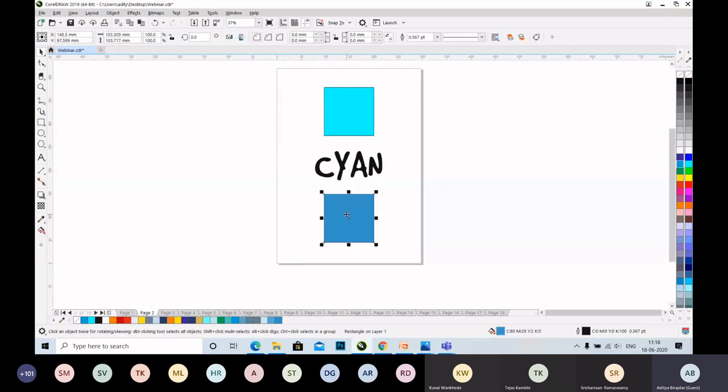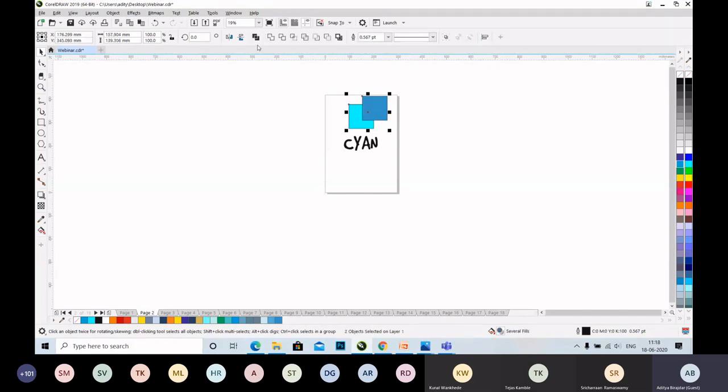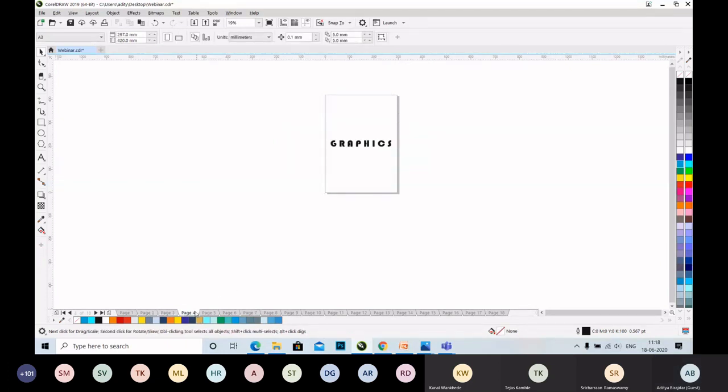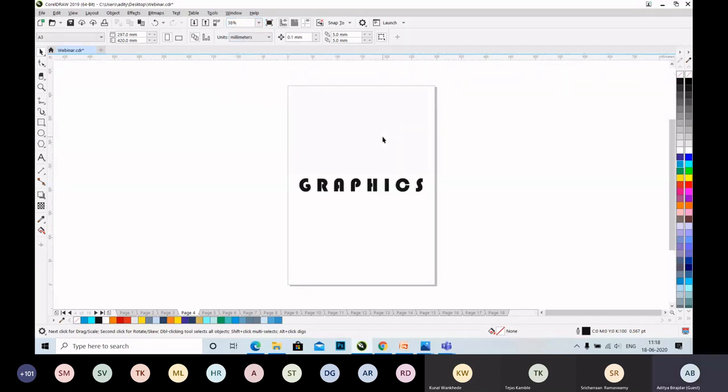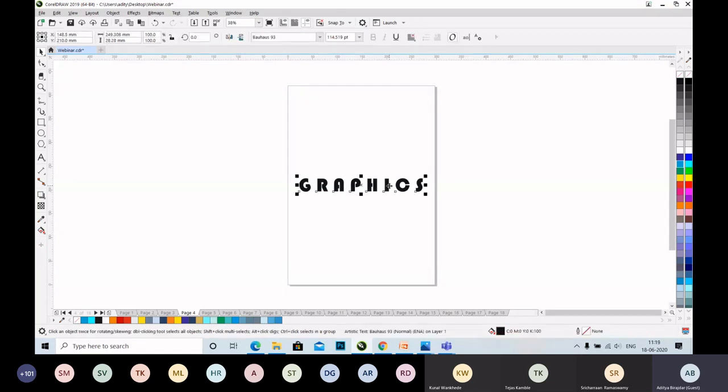Next, we will be learning combine tool. If we select two objects and place one over the other, then we can see one combine tool appears over here. Instead of just saying how a particular tool works, we will just use some of these and make something cool out of it. Let's take a random text over here, say graphics, and we will click here to remove the filled in color inside and left click on any color present over here to give a border color.